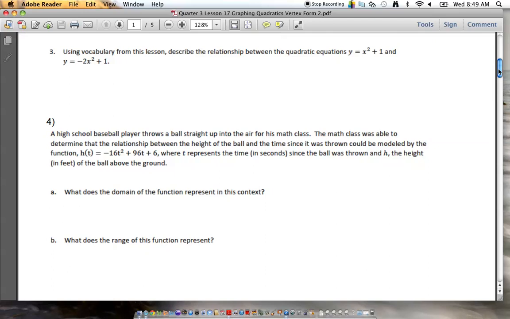High school baseball player throws a ball straight up into the air for his math class. Very, whatever. No, I understand. No, I do too. It's just not the kind of thing you expect to read in a sentence. No, really. You would think the high school baseball player threw up the baseball for baseball. No. Like, it's like when you do the time. No, I get that. But Emma, Emily,